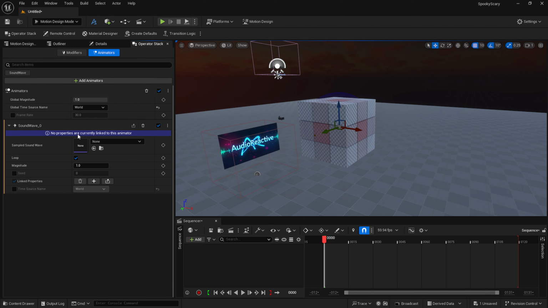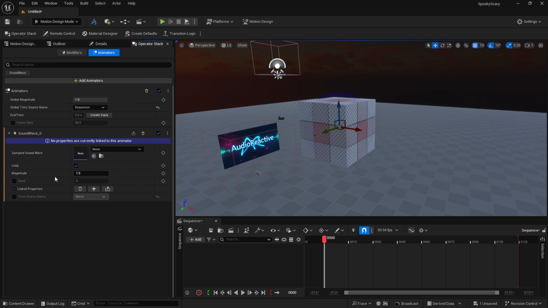So now that we're in here, we want to change a couple things right off the bat. There is this global setting for where it gets its time, and we're going to go to sequencer. And I'm going to do the same on the sound wave effect that I just added. I'm not sure if it's necessary to do them on both, but I've just been doing that to make sure there's no question on what the settings are once it hits the screen. So I'm going to run at 60 frames a second. I have sequencer set for the source name.